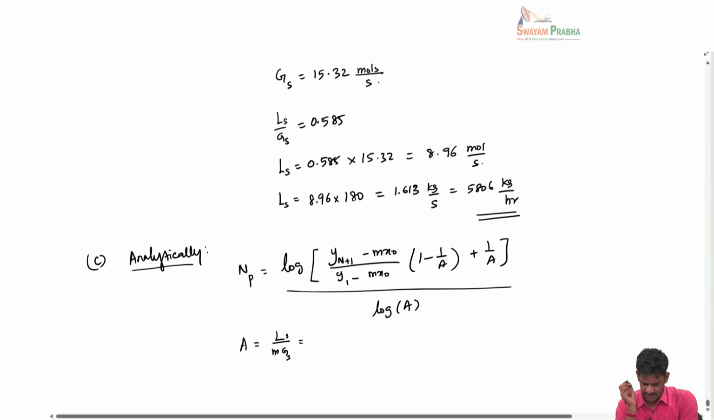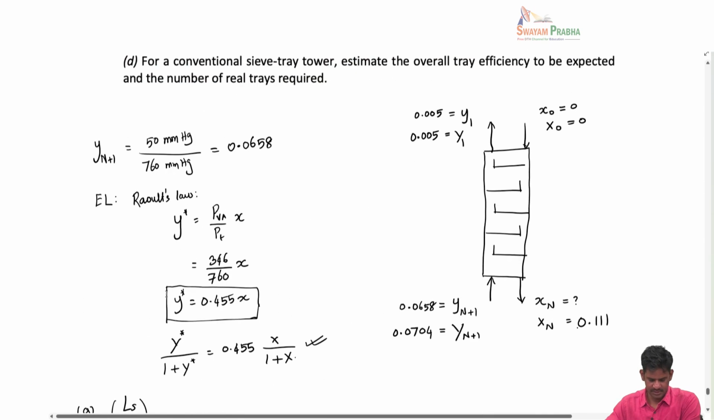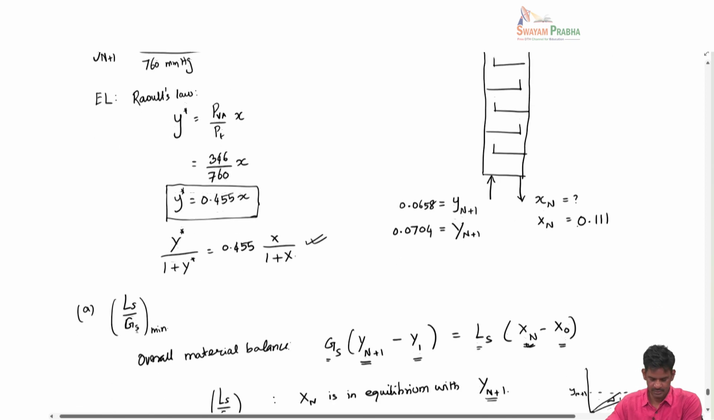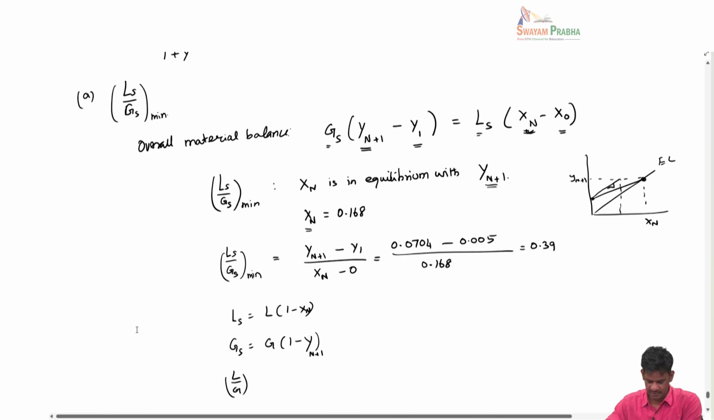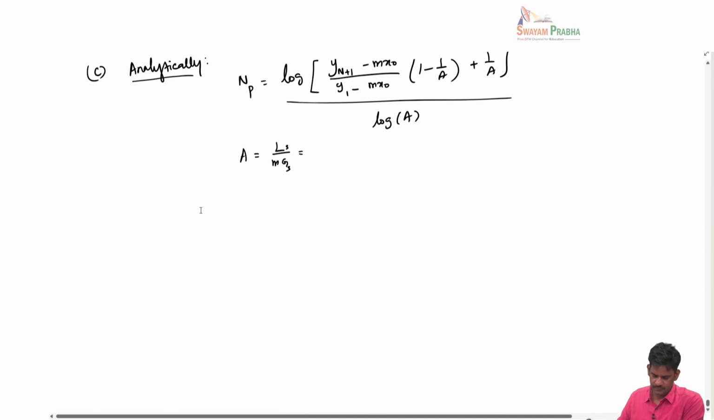LS by GS m. So m is given here already based on the Raoult's law. It's total, is it? Okay, we can do that. So let's see. So we have the slope here is 0.455. Okay, so let us use the total flow rate. And so I can write this as LS into